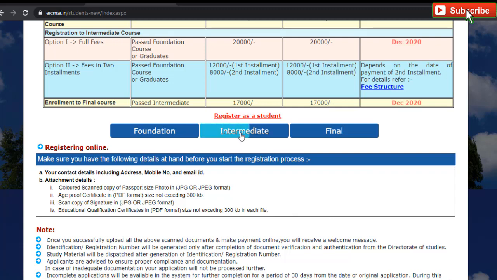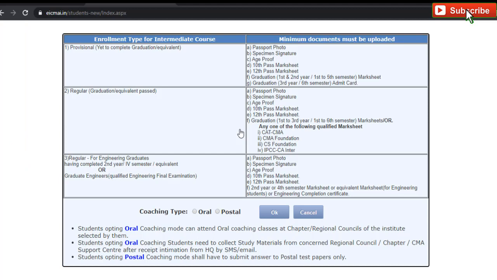So let's click on the intermediate registration. So when we click on the intermediate,